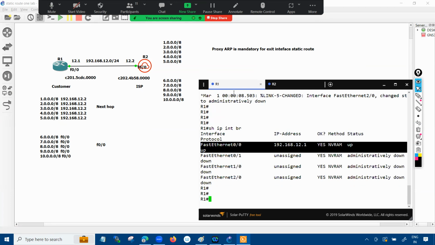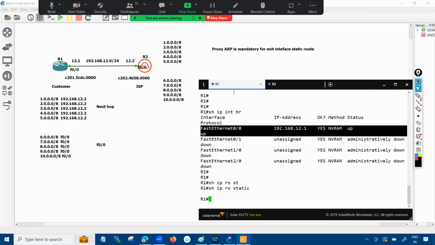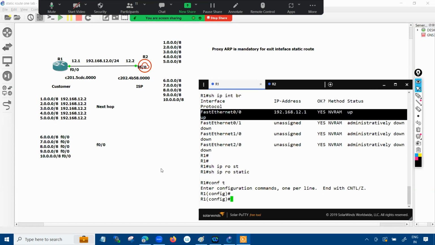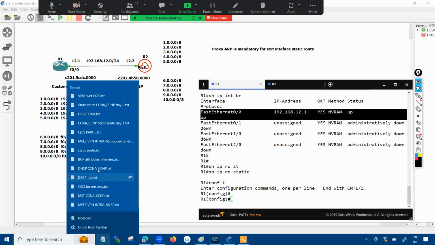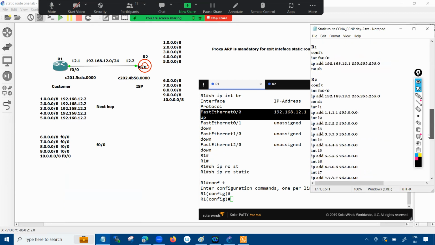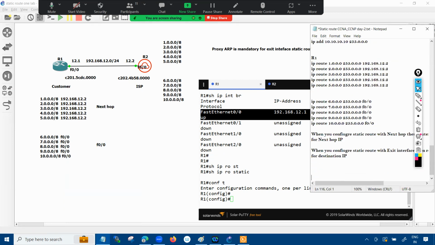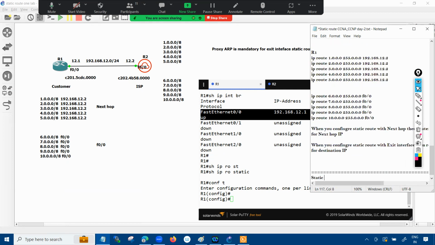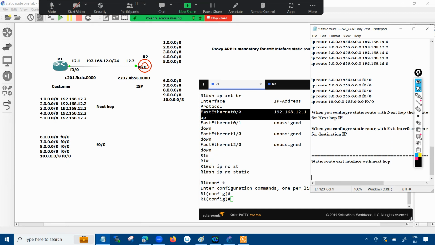Let's do this on router number 1. If you put the command show IP route static, I don't have any route over there. So let's configure this. I already have a notepad. I'll reconfigure this one, using a static route with both exit interface and next hop. So I can say ip route 1.0.0.0